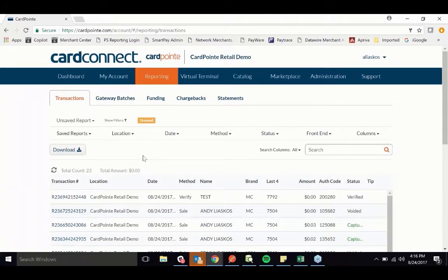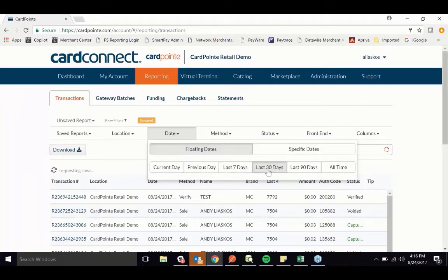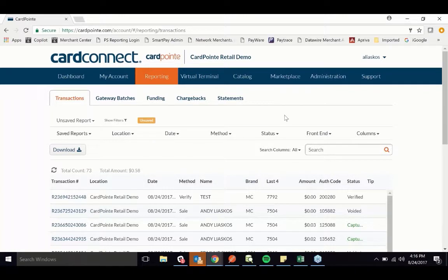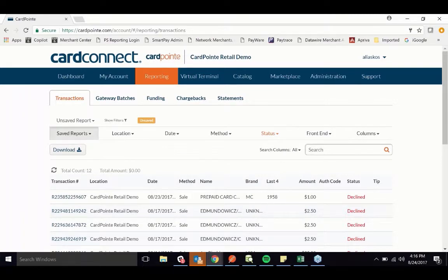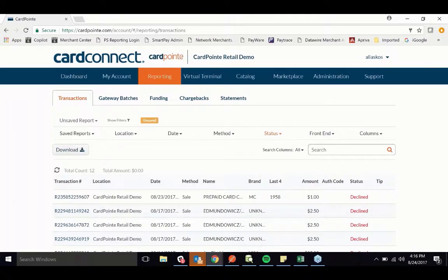Now, merchants can also save any report they create, so they don't have to come in every time and adjust this data. So if they wanted to create something like a monthly decline report where I'm just looking at the last 30 days, and I wanted to see just my declines, I can do that. And what I do then is I can just save the report,